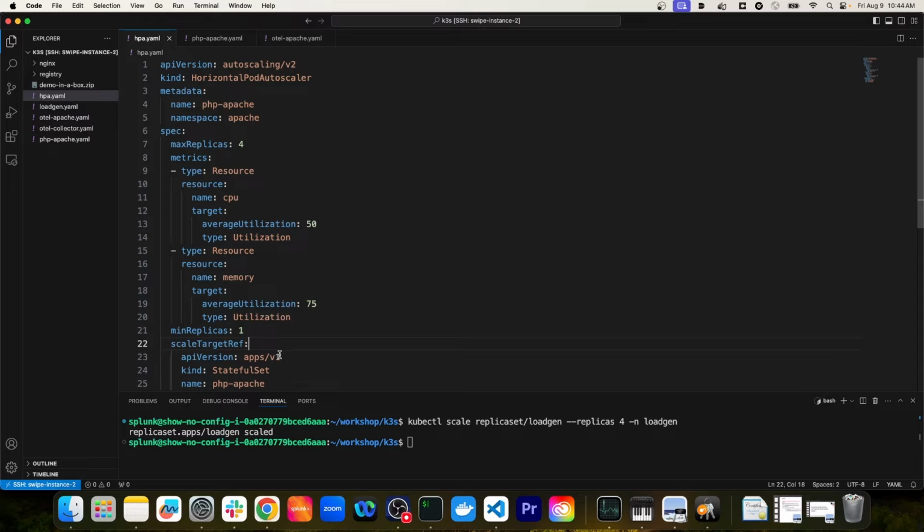The Apache deployment is actually defined as a stateful set, which I'm not sure is correct. It probably should be a deployment, but it's okay, and we'll leave it for now. Now, one thing that I want to quickly point out is that if we navigate back to the Splunk Observability Cloud interface,